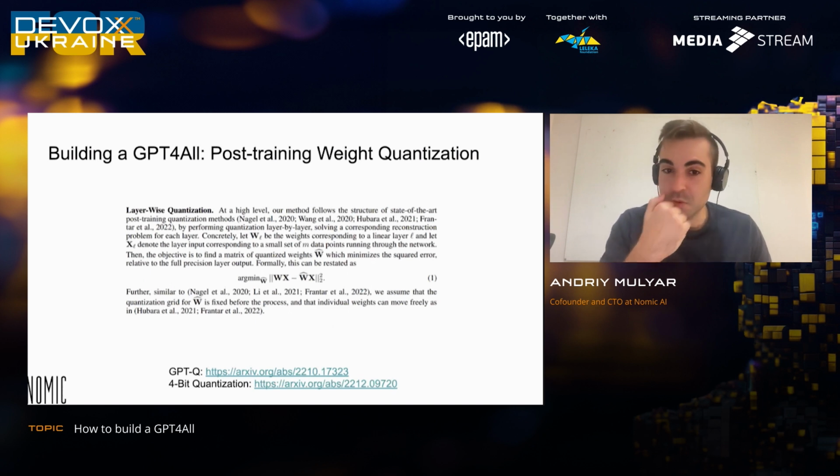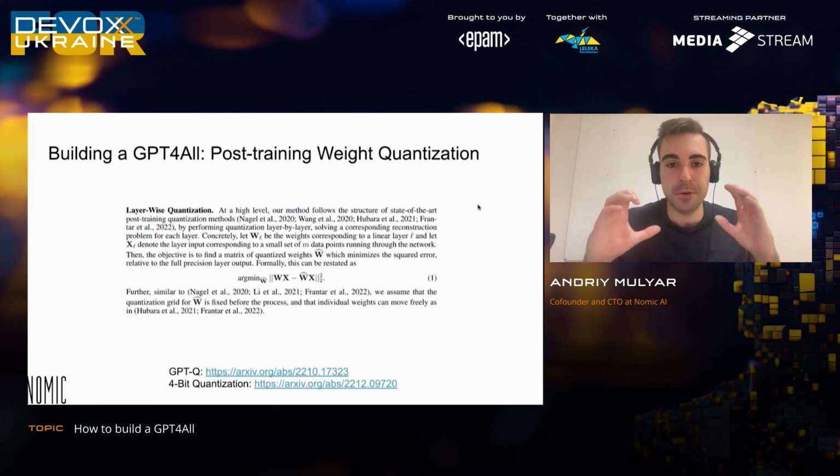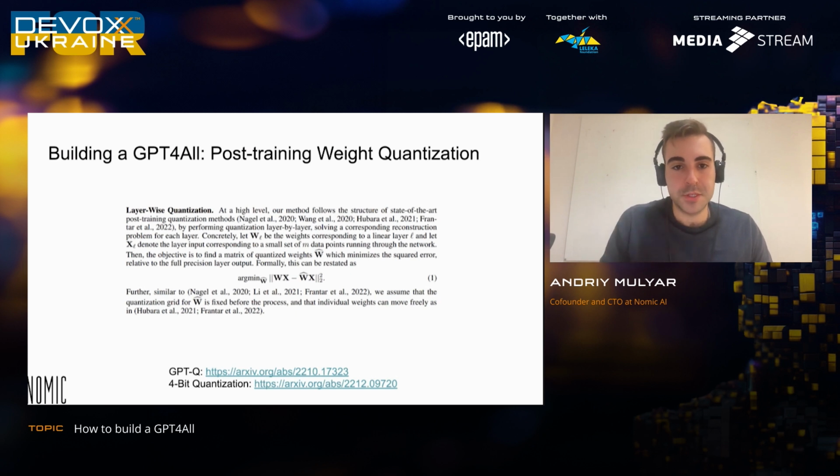And how these algorithms actually work. So this is a little bit of math, so don't be scared. But what you see here is this equation that basically shows you something akin to a linear regression. So the whole idea is that you have a high precision block in your neural network. So you have parameters that are all 32 bits. And what you want to do in the neural network is preserve the outputs given the inputs. So you want to make sure that for a given set of inputs, the high precision outputs are the same as the low precision outputs.